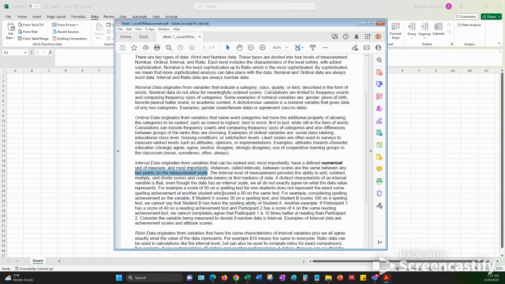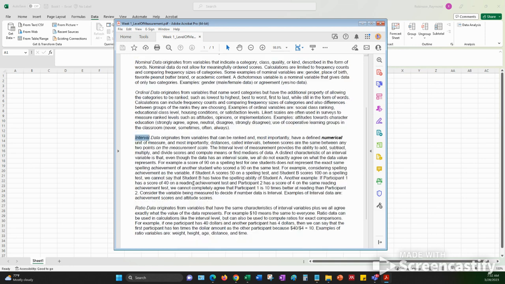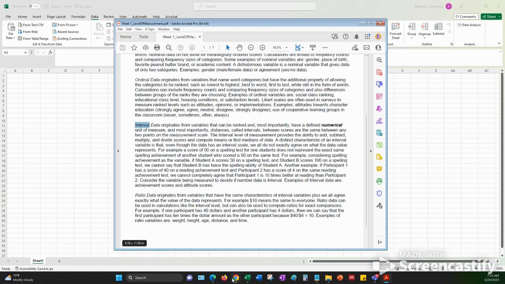So if you have a 90 on an exam, and then if you have another person who has a 90, then those scores are equivalent. Those things are interval data. It doesn't necessarily,